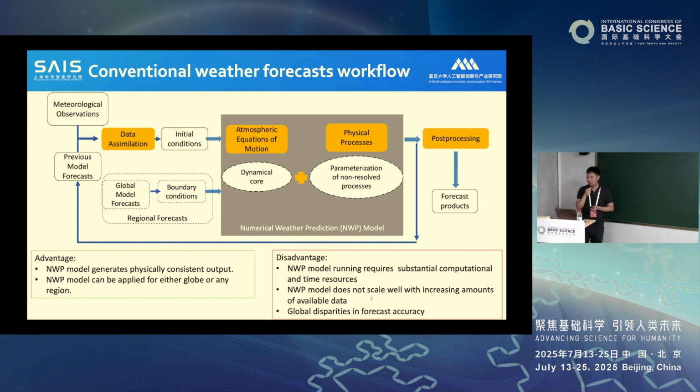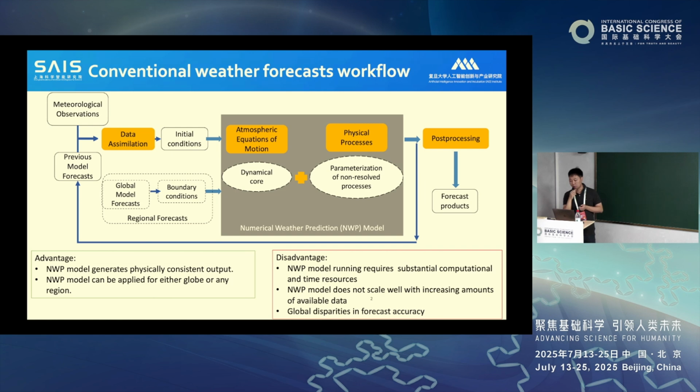It consists of two major parts. One is called the dynamic core, used to solve the atmospheric equations of motion. Another is the parameterization schemes, used to resolve subgrid scale physical processes like radiation transfer, clouds,